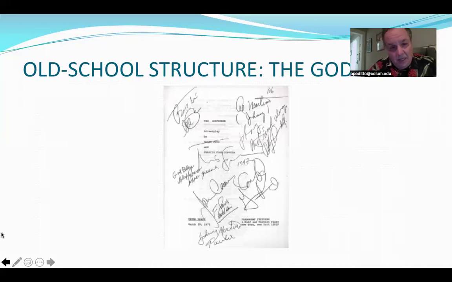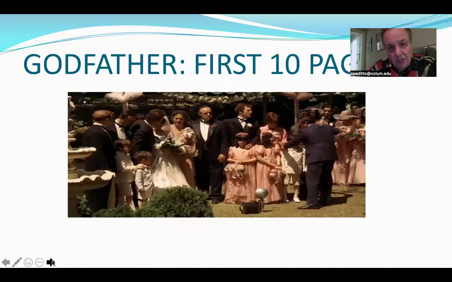Here, real quick, Godfather structure. Try to get everyone in there that we're going to see. Try to get the key characters in the first 10 pages. In the first scene here at the wedding, the first sequence,